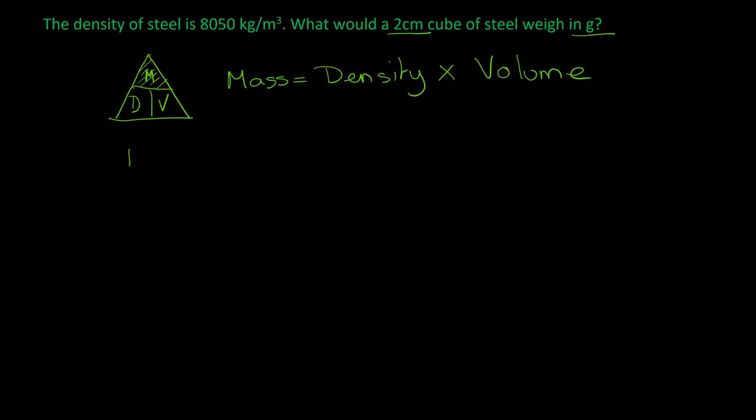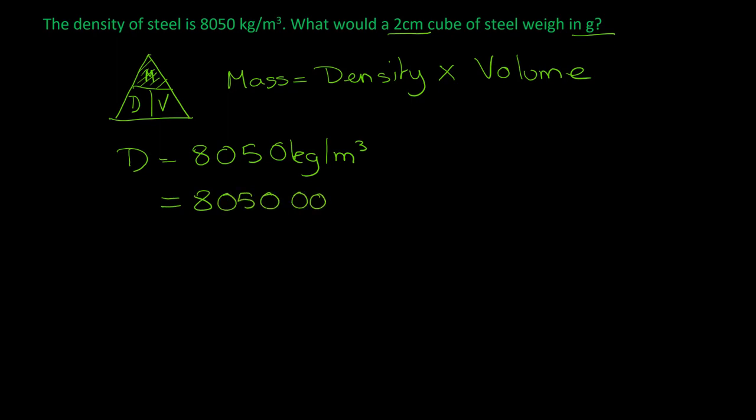So our density at the moment is 8,050 kilograms per meter cubed. So the first thing we're going to deal with is going from kilograms to grams. There is 1,000 grams in each kilogram, so that means this would be the same as 8,050,000